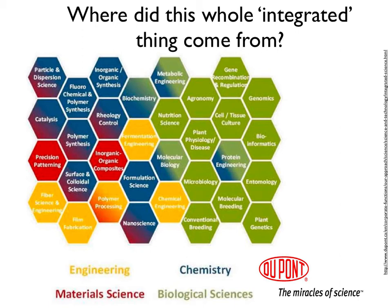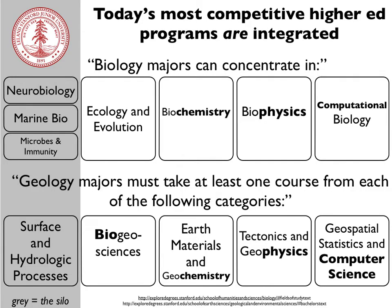The integrated model represents a new way of looking at science education for a lot of us, so it's a reasonable question to ask, where did this whole integrated thing come from? Now, there are a lot of paths, including this picture here from a major industry path. But another place to look is at today's most competitive higher education programs that are in fact moving towards a